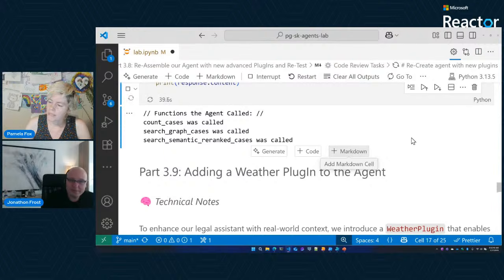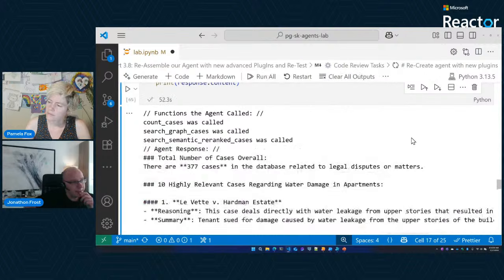And is Semantic Kernel running all those queries in parallel? It is. That's a great question. Actually, I think it's doing some parallelization because it's able to. I've seen it in the past where it appears to be, but then again, I'm not sure on the internals. That's a great question.